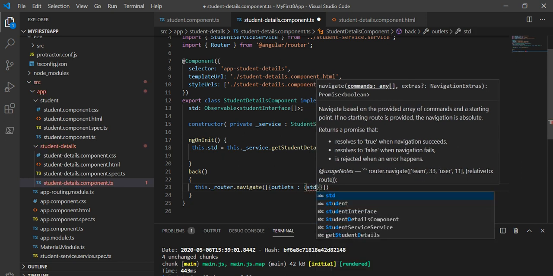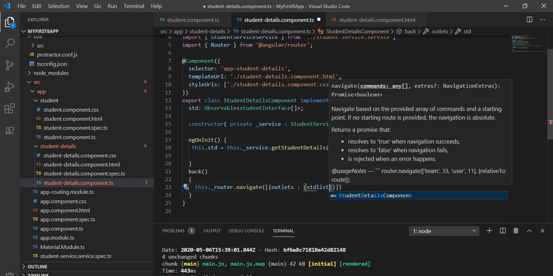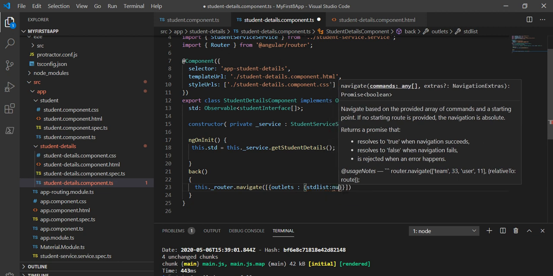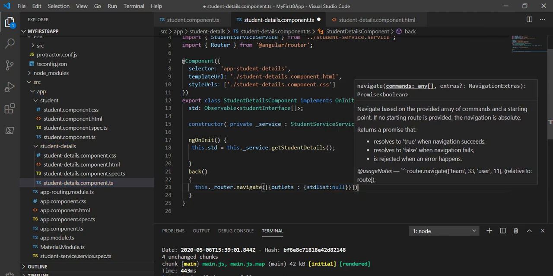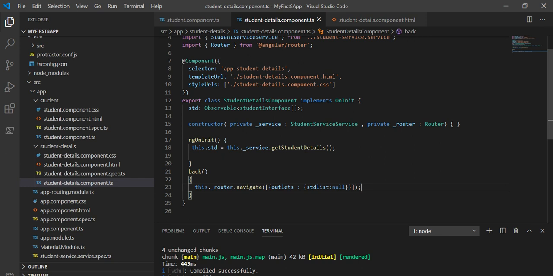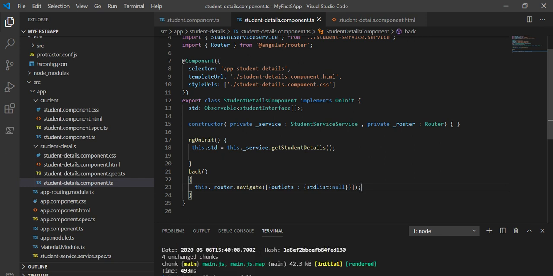That variable name you can take anything, but this should match when we define this outlet in the routing, the name should match. So as of now I am going to assign null. So with null it will return when we click on back, with this outlet being null and it will return with the same.